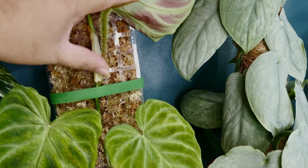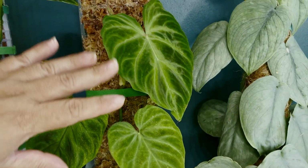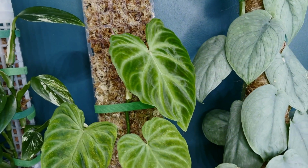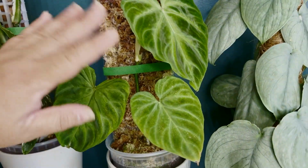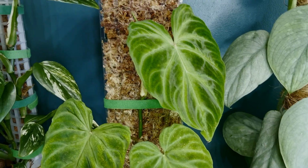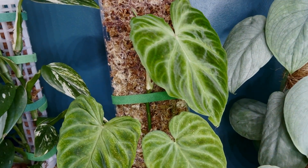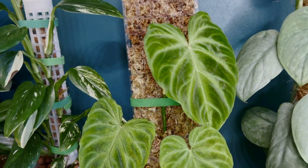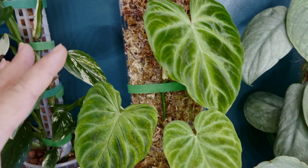Like this stem or petiole part is not very long, because I've seen a lot of philodendrons just have very long stems and petioles that cover too much of the moss bowl, or you have to give it way too much support. With this one, it starts at the bottom and it's already compact. So I hope it continues that way. And I'm really excited. This one, I think, matures really fast or becomes large really fast. So I'm excited and at the same time scared because I don't know if I'm gonna have a space for it,